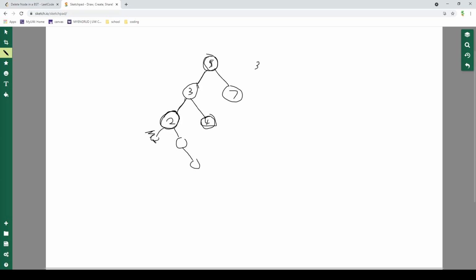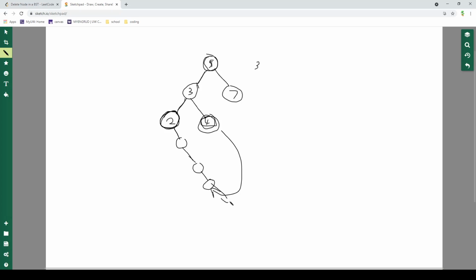It doesn't matter what's on the left side, we don't care about that. We just keep on going right, right, and right, because we know that's biggest, and whenever we reach the end, there's nothing this node's pointing to. Whenever we reach the end, we know this is the largest value in the left subtree, and then we can just grab this right guy. We know it's larger than all of the guys in this left subtree, so we can just tack it on to the end here